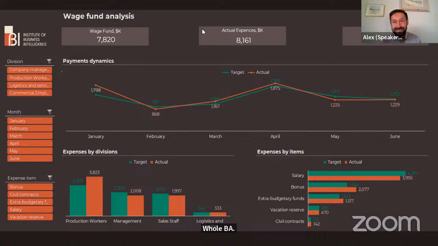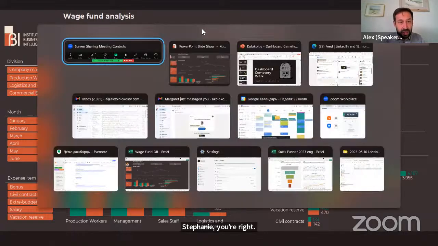Not Power BI. Not Tableau. Stephanie, you're right. It's Excel. Microsoft Excel. Let me show this.